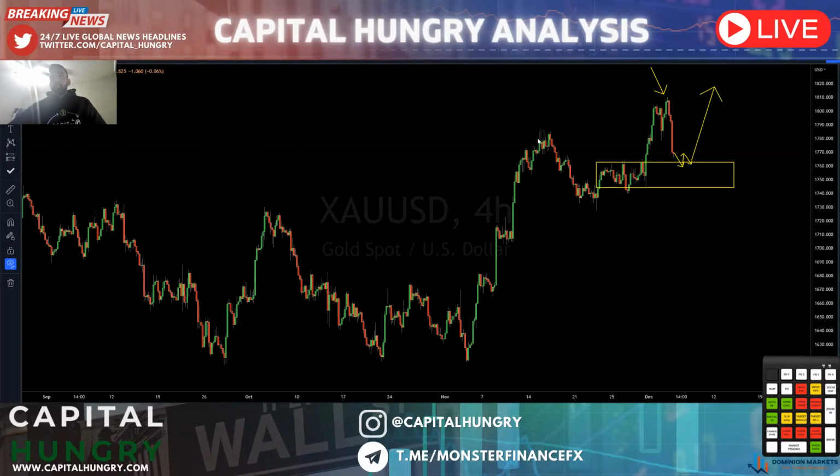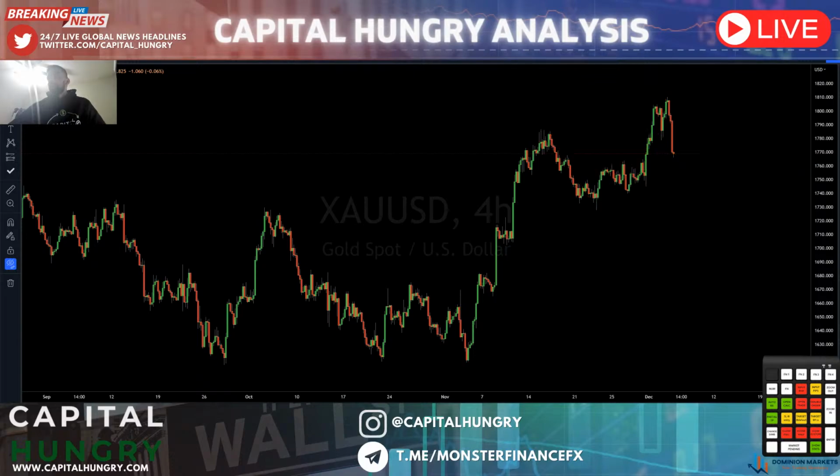Look at this example here. As we had buyers extend into these higher time frame highs into the 1780s, we had almost a 500 pip pullback phase. Still didn't break structure, had the accumulation of buy-side liquidity, a fundamental catalyst to bring demand back into gold and outflow out of the dollar, which was Jerome Powell's neutral to dovish speech, and still had buyers revisit these highs and extend even higher. Above the 1760s, I'm still bullish on gold, expecting that we can still range or still come back to revisit these highs into the 1790s and 1800s.